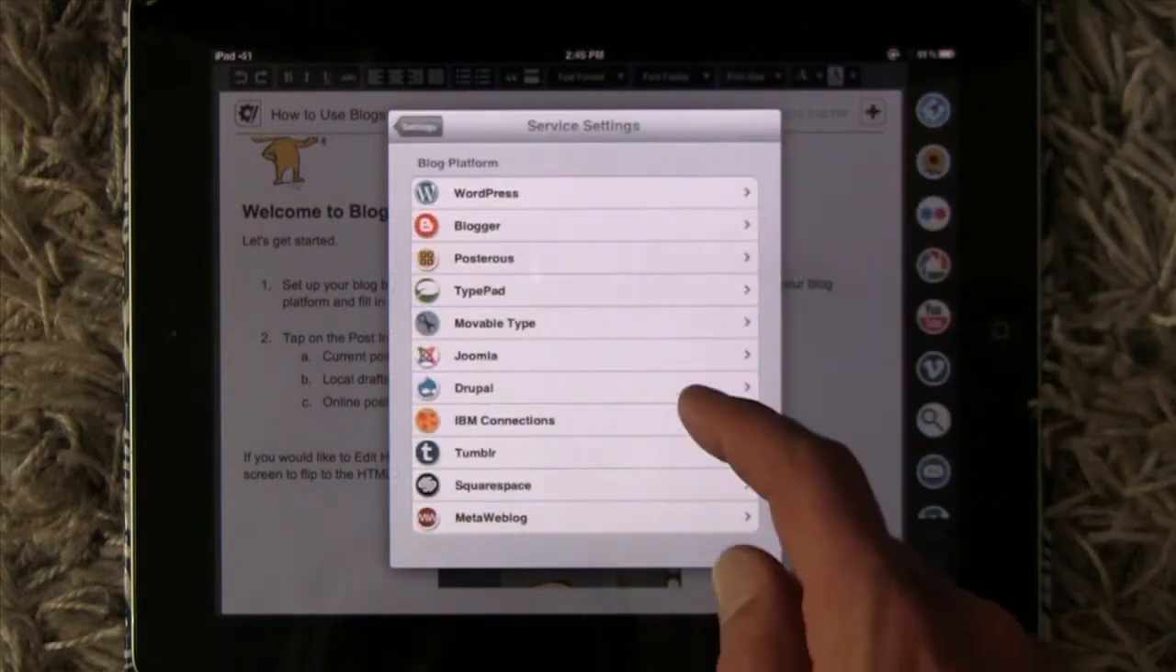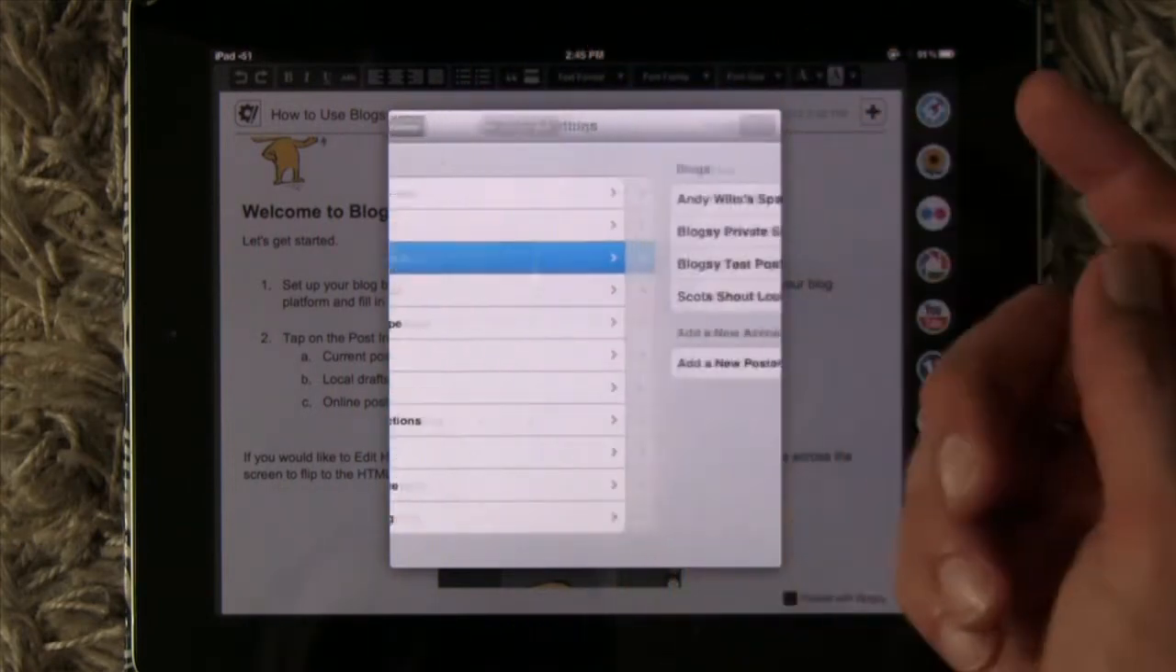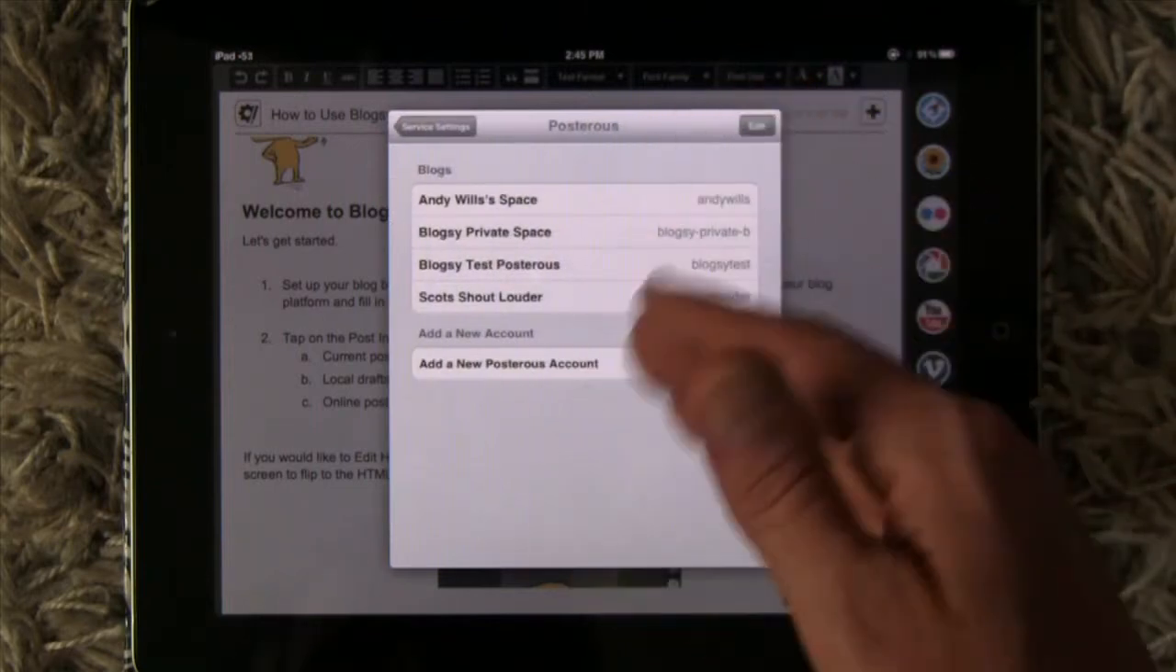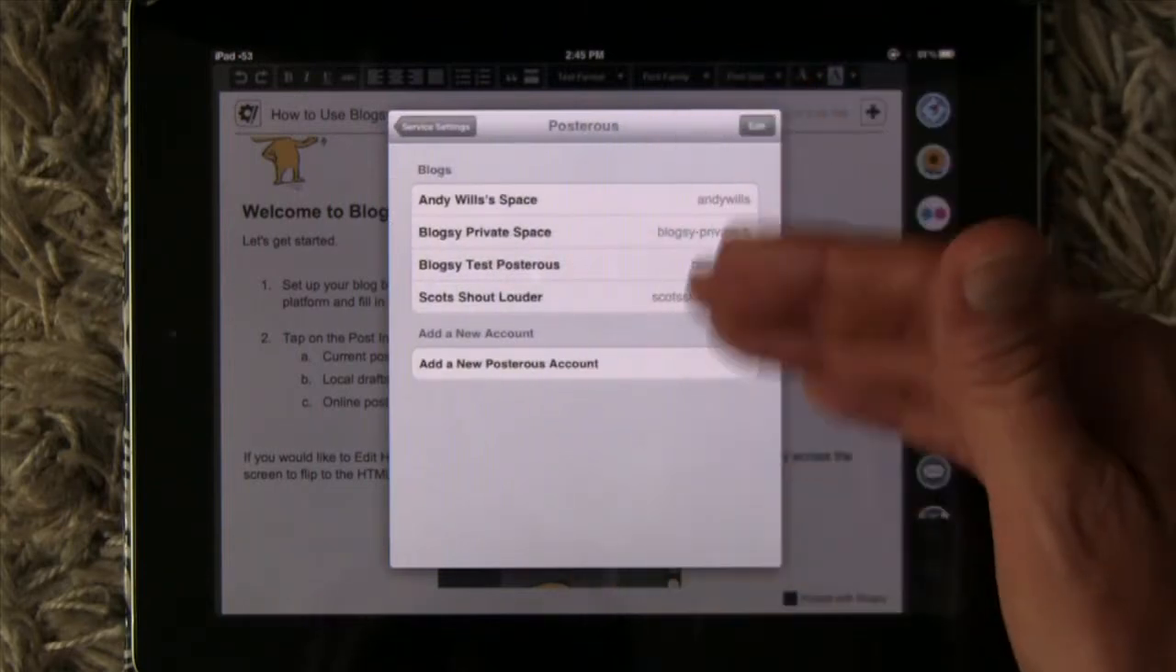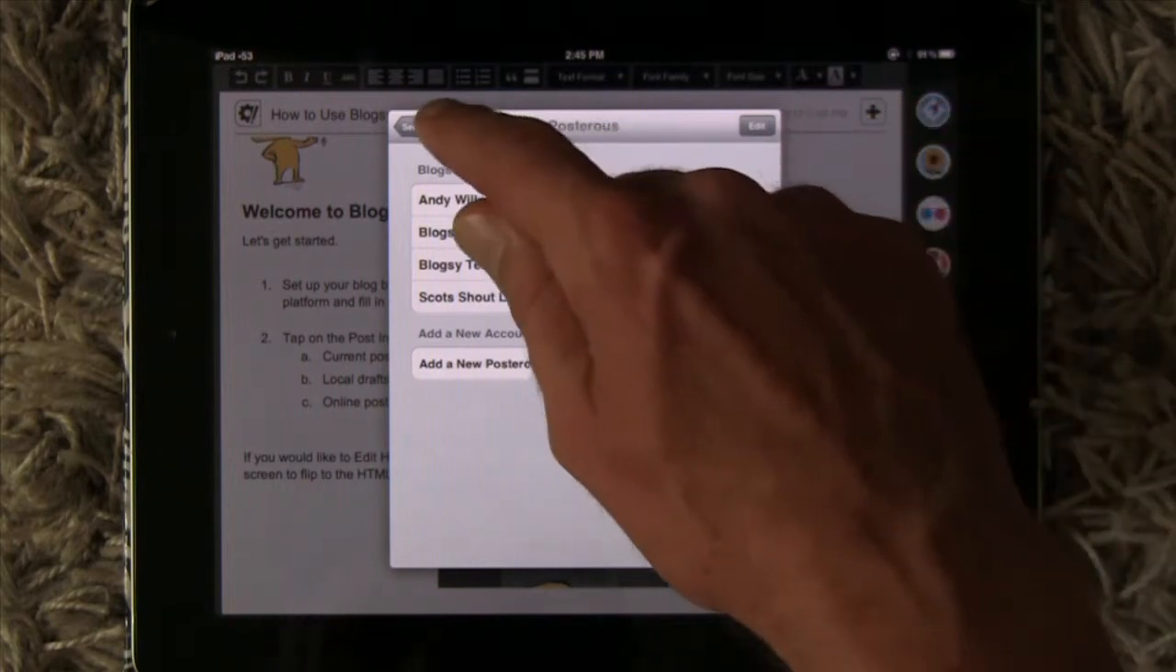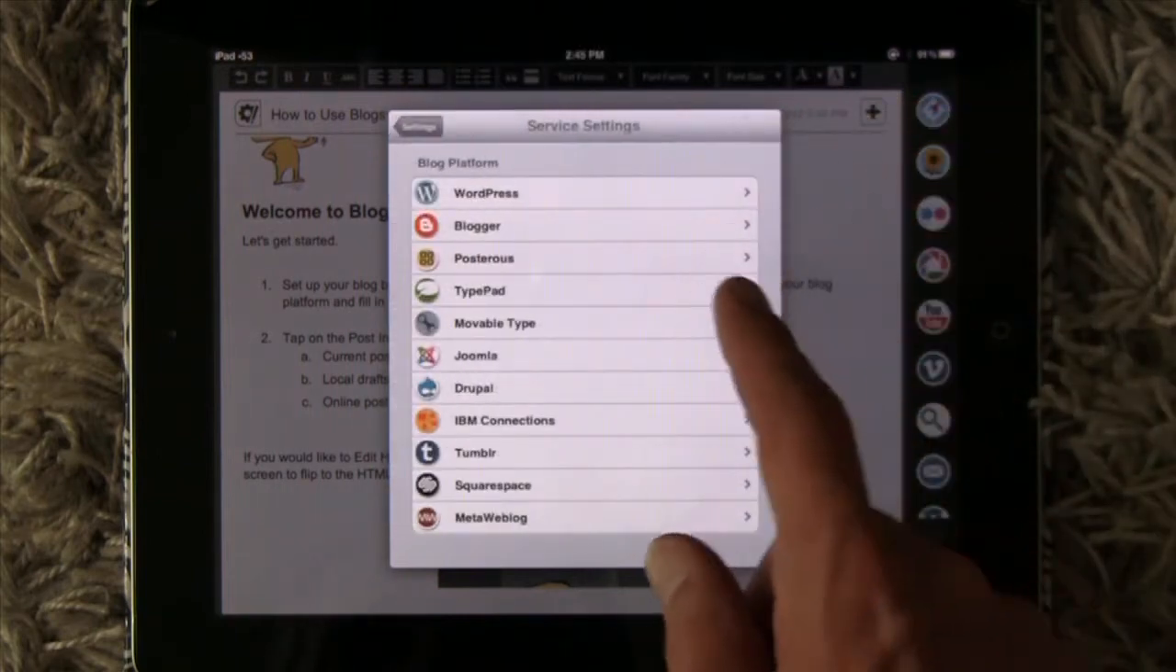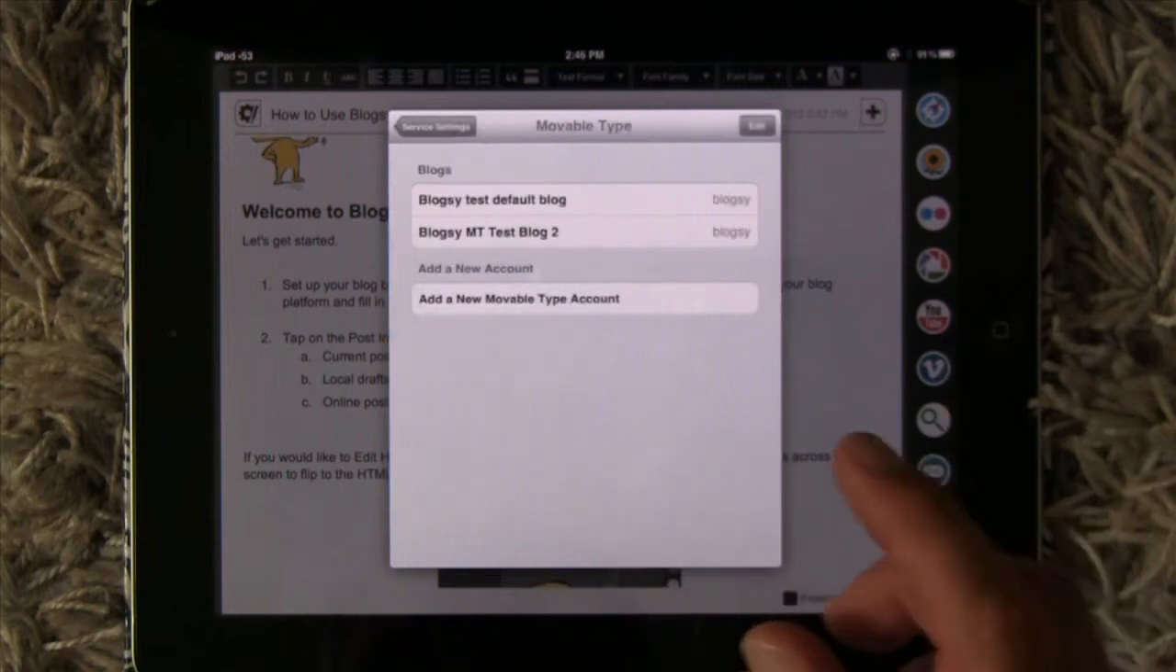Okay, let's go back. Posterous, Typepad, here, same. If you enter your Posterous account, it'll set up any spaces or blogs that you have associated with that, all at the same time. Typepad, Movable Type. Also,